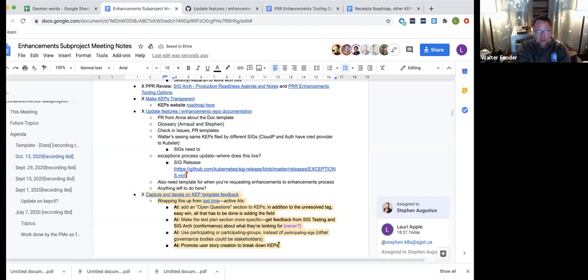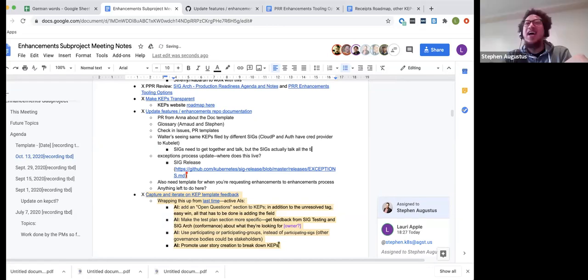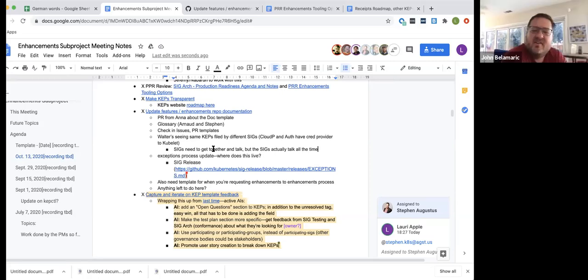I agree with that. The funny thing is that both Cloud Provider and Auth have been working together on this, so I was surprised to find that we both had a CAP. To merge streams on those CAPs, there should only be one thing. One owns it usually, because of the directory structure, but others can be participating.